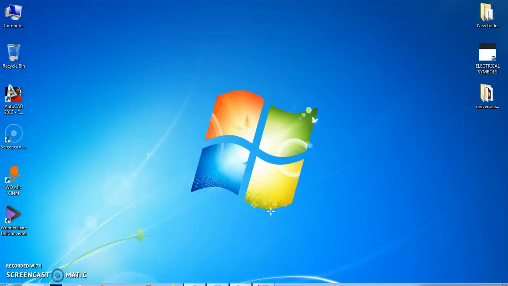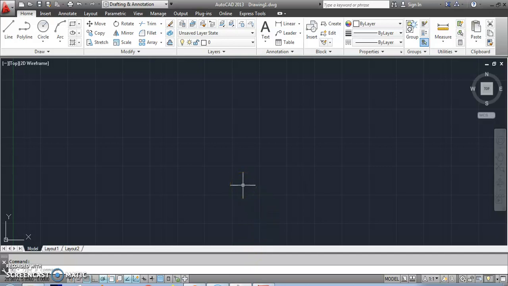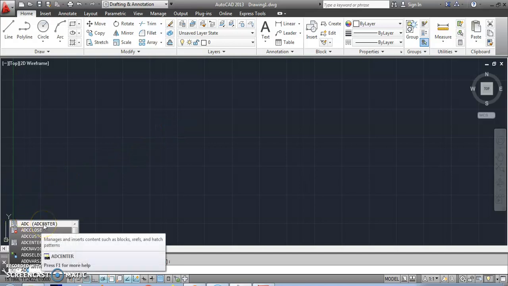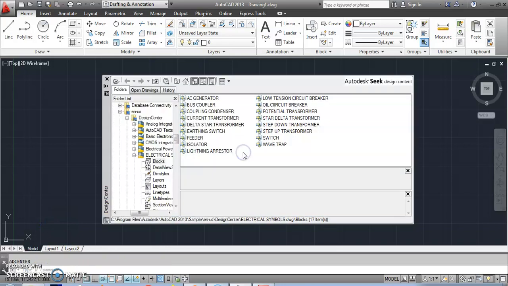Now you open your AutoCAD software, which is already opened. Here, we need to check whether the blocks we have added in the library of Autodesk are properly added or not. How to do that? Very simple. Just click on the AutoCAD screen and press AD. You can see that there is Add Center. Just click it. Now see, Add Center got opened. The short form of it is AD.